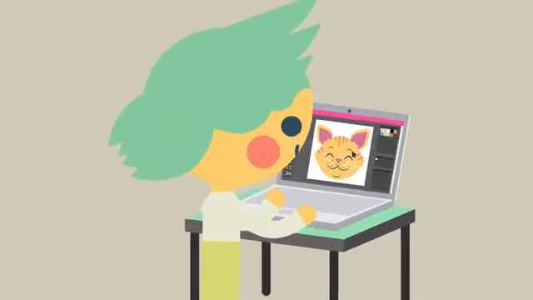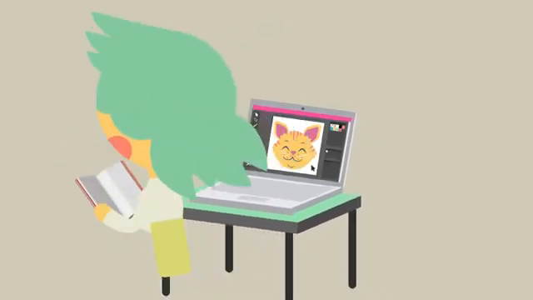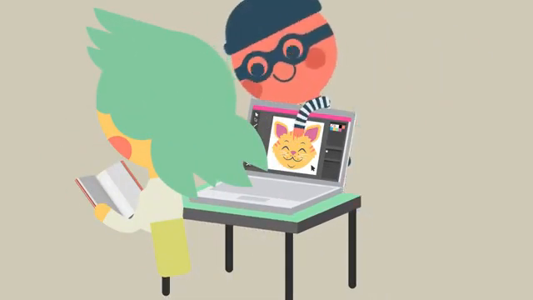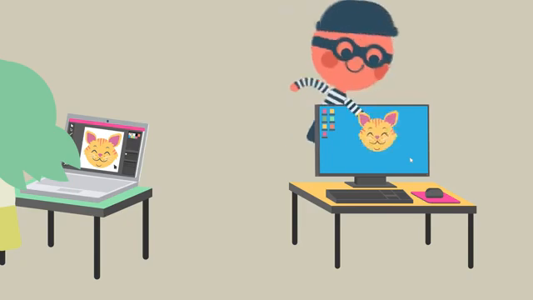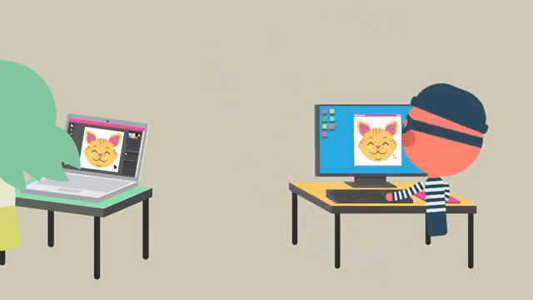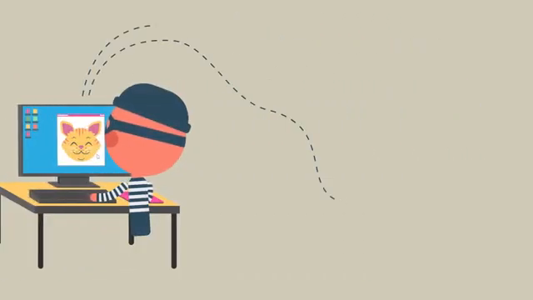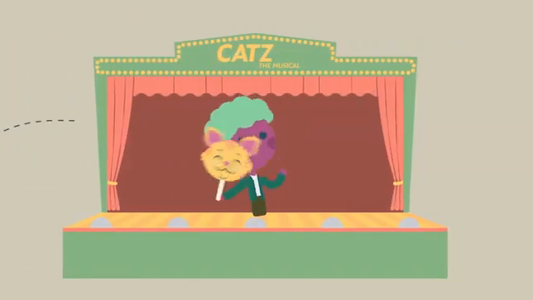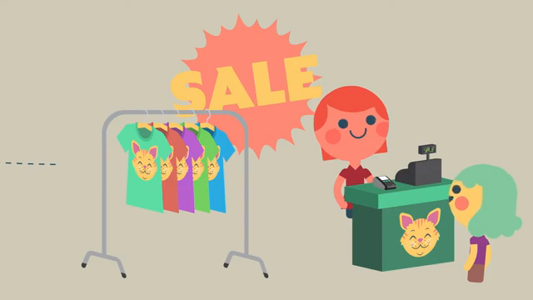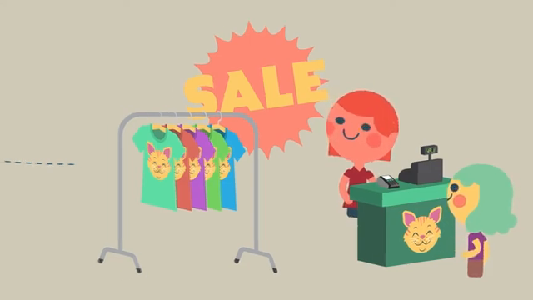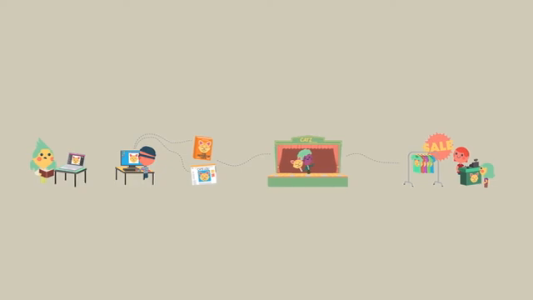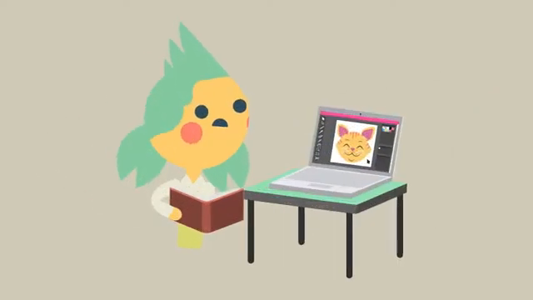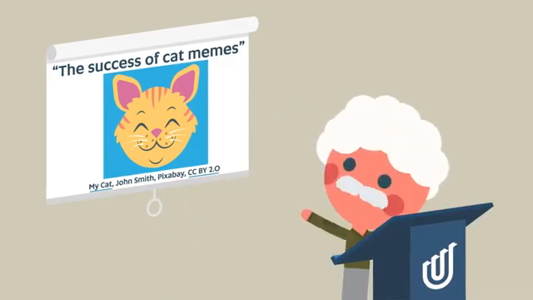Copyright owners have rights. They have a number of exclusive rights to control how their work is used by others. These rights include the right to reproduce their work in any format, including electronically, publish their work, perform or communicate their work, and make adaptations of their work. So you will be infringing copyright if you use someone's work or a substantial part of their work in these ways without their permission. Copyright owners also have moral rights.